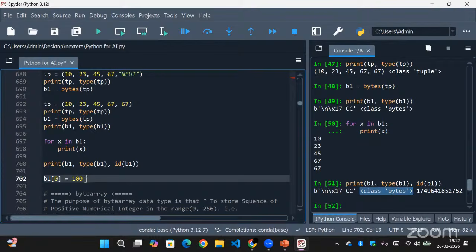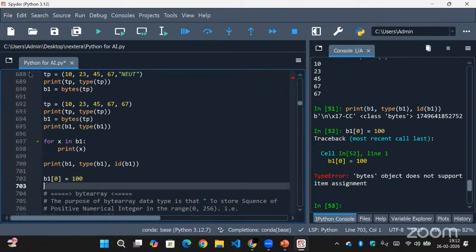And here I'm trying to do the item assignment. As you know, bytes is not mutable. So bytes is immutable, right? So you cannot perform